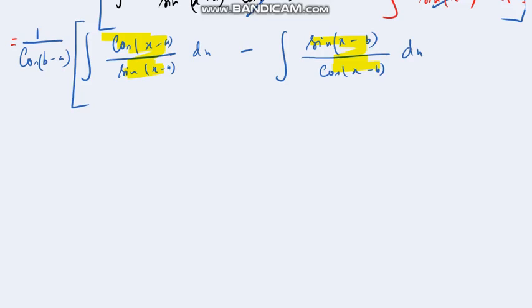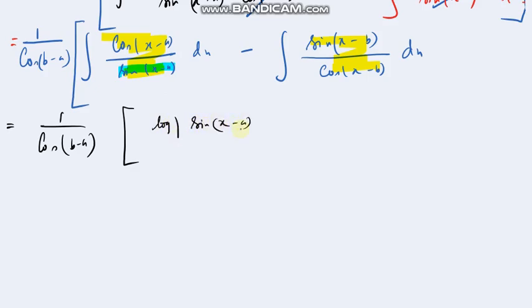But instead of doing that, just check, suppose this is my f(x), sine of (x minus a). So what will be f dash x? That will be cos of (x minus a), right? So this is in the format of f dash x divided by f(x). I already taught you the formula of the integration of f dash x by f(x) in the last video. So it will be log of mod sine (x minus a), right, minus,